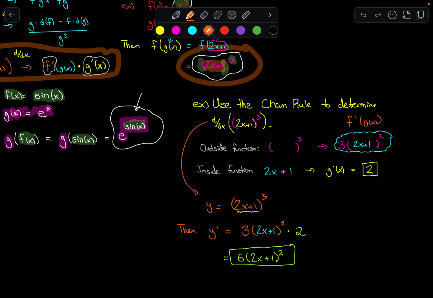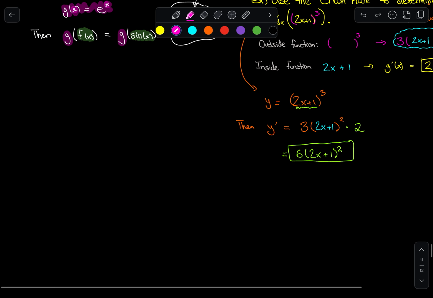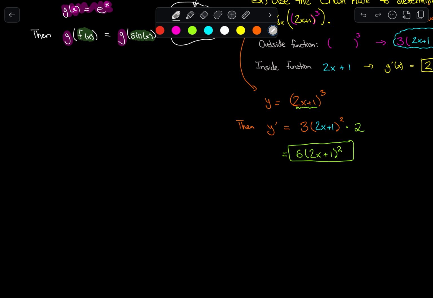The chain rule's here. It's in the upper left-hand corner. It's the derivative of the outside times the derivative of the inside. So let's do another example, okay? Let's see here. So, for example,